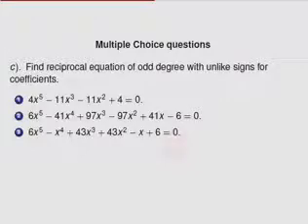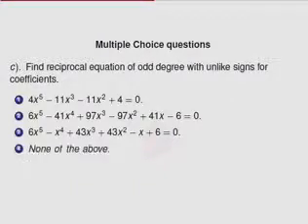Next one, 6 x to the power of 5, so definitely this one is an odd degree. So when I have to choose the positive sign or negative, a naught is equal to the term an, and the next one is none of the above. So what is the answer? We have to observe the second one, because the power is odd degree, and also a naught is equal to minus of an, that is 6 is equal to minus of minus 6, so the answer is 2.